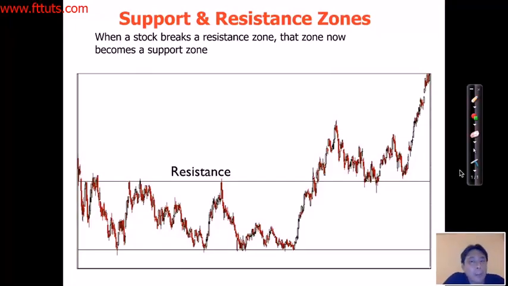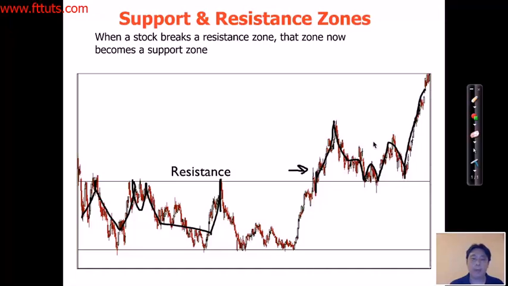The next interesting phenomenon to understand is that when a stock breaks a previous resistance, that resistance becomes support. Okay, and vice versa. So in this case, notice resistance, resistance, resistance, resistance, really strong resistance. And over here, what happens? It breaks the resistance, goes up, comes back down again, and what happens? This time, boom, boom, boom. That resistance has now become